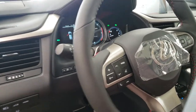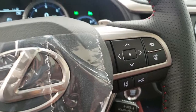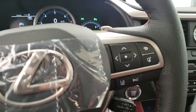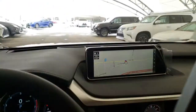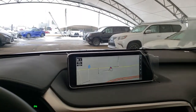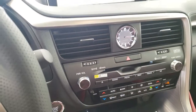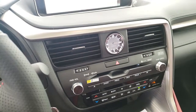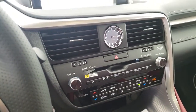hands-free controls, lane keep assist with steering assist, dynamic radar cruise control, 12.3-inch multimedia display with navigation and backup camera, 15-speaker Mark Levinson audio system, dual zone climate control,